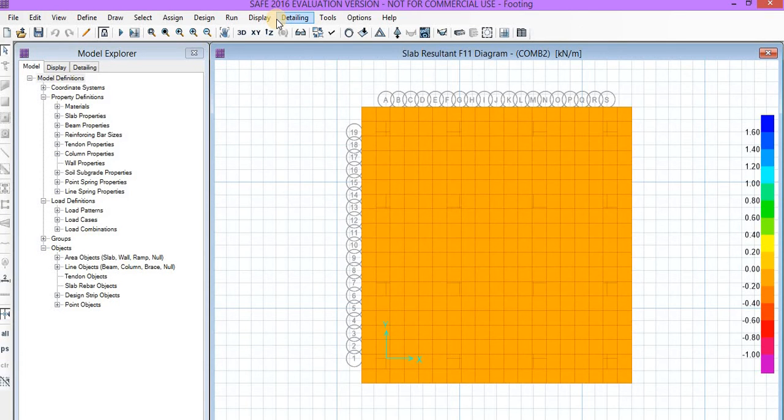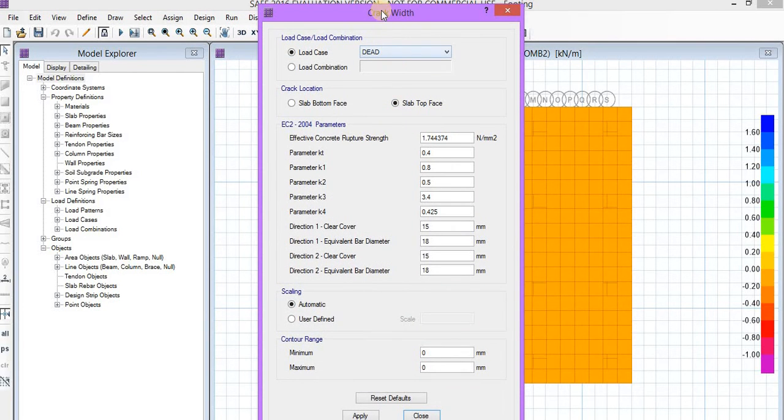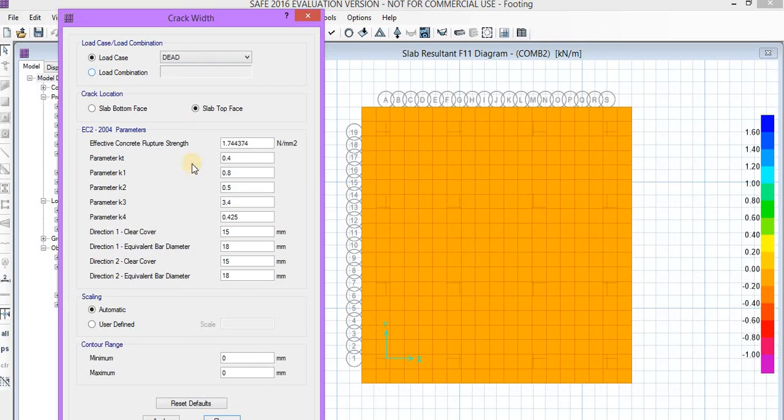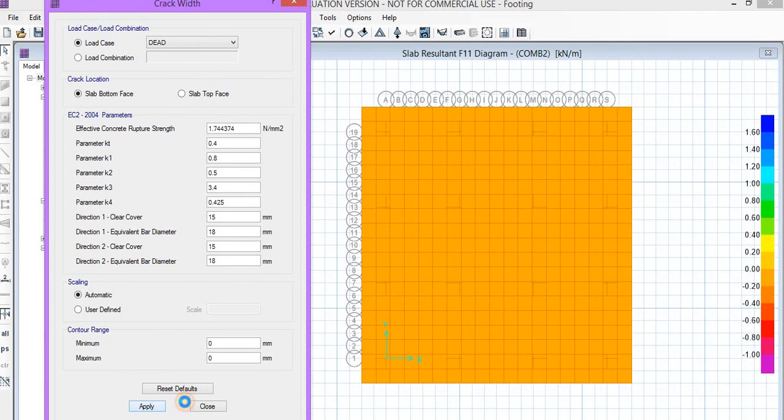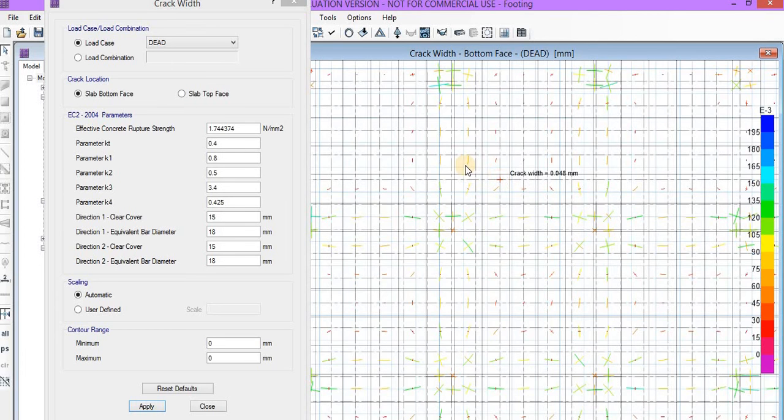Now go to display, crack widths, select the load type, and whether you want to see on the bottom or top. Click on apply and you can see the cracks. You can zoom in to see these all are the cracks.